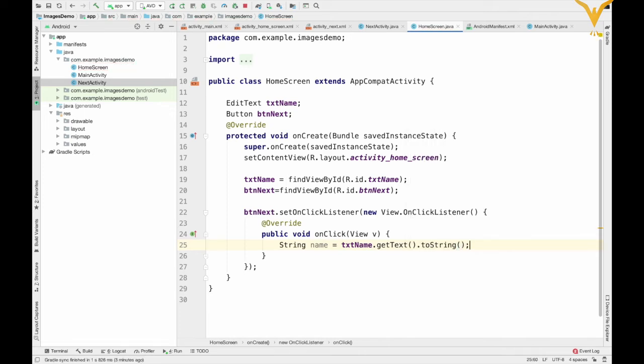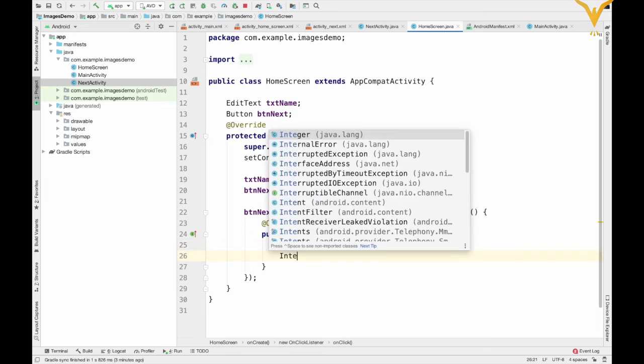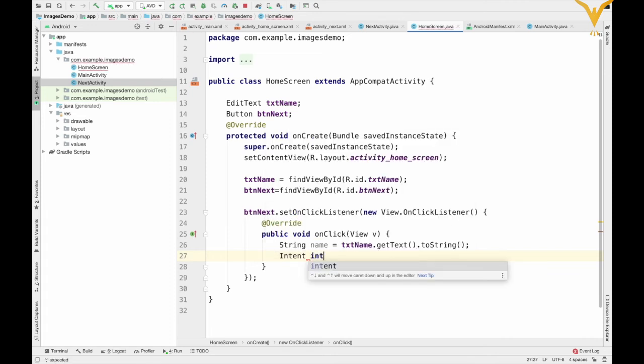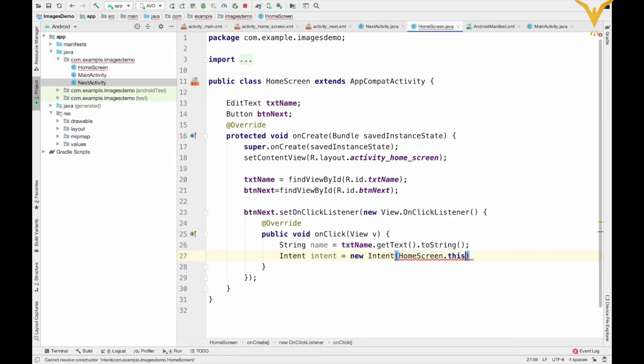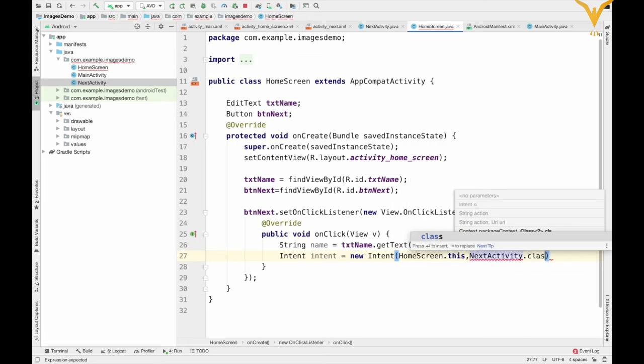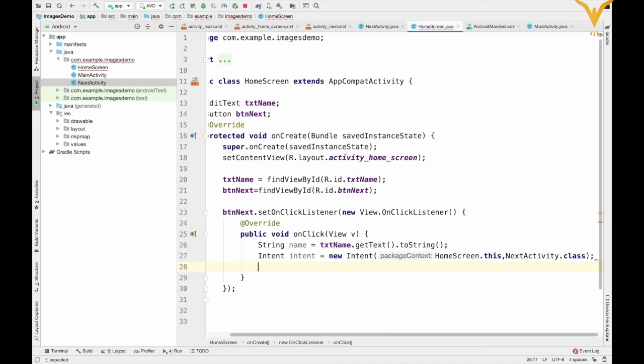So we'll fetch the name from the text box and assign it to variable name, and then create one intent equal to new intent and pass the parameters from activity and to activity. So home screen dot this and then next activity dot class. Here we will not use finish because we don't want to finish the application, we don't want to close the application.